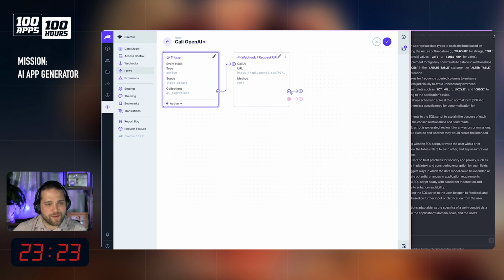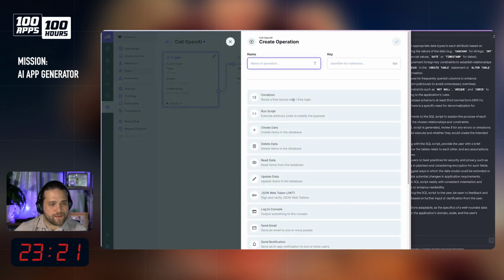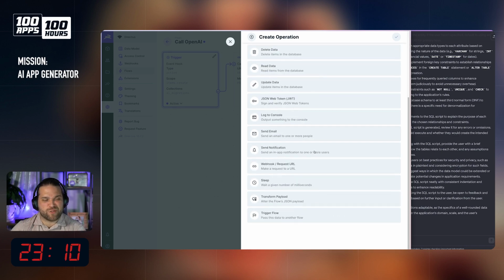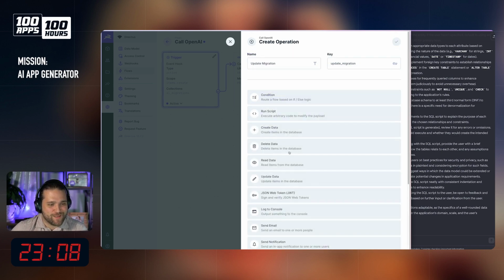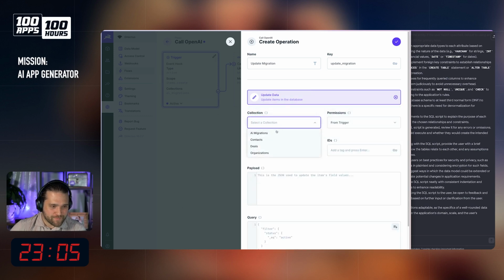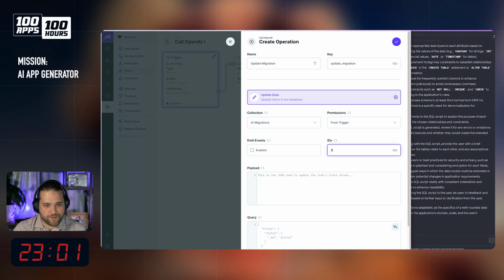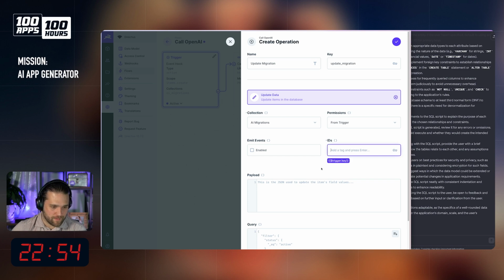And then maybe I just want to go in and actually update that. So we'll say update migration. And maybe we can make this a two-step process where, maybe we'll just run it. We'll see. So we got update data. Let's go into our migration, and then we have trigger.key, and the payload here